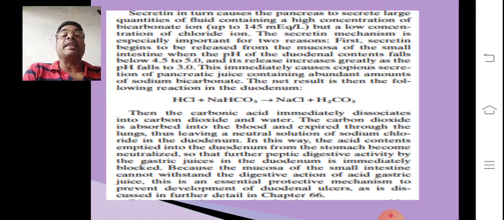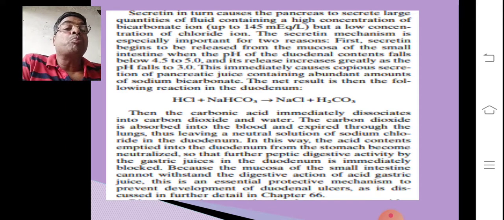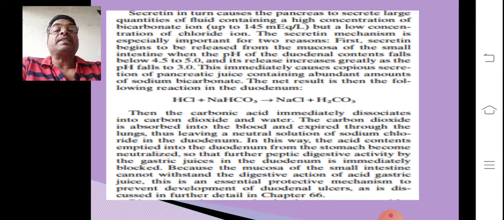The net result is expressed by this equation: HCl plus sodium bicarbonate gives NaCl plus H2CO3. Then carbonic acid immediately dissociates into carbon dioxide and water. The carbon dioxide is absorbed into the blood and expired through the lungs, thus leaving a neutral solution of sodium chloride in the duodenum. In this way, the acid content emptied into the duodenum from the stomach becomes neutralized,